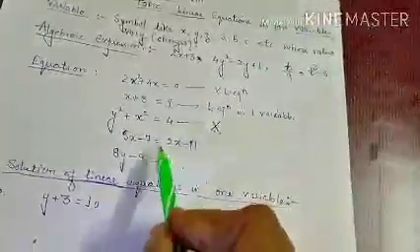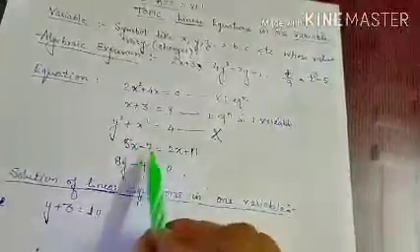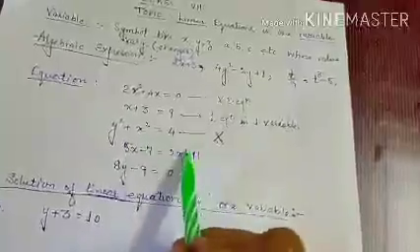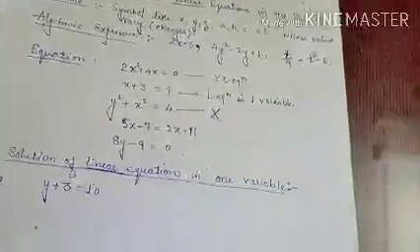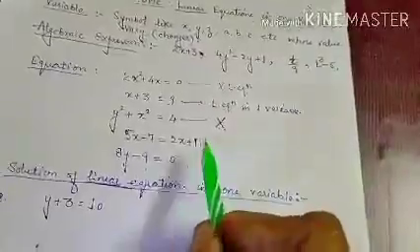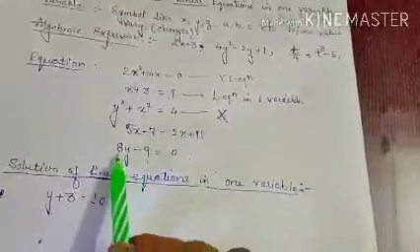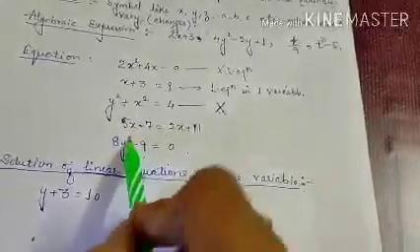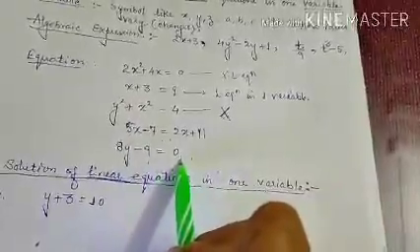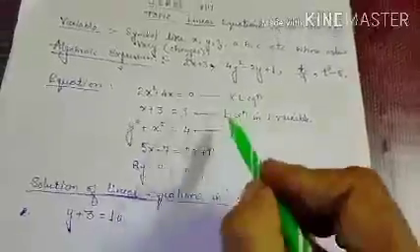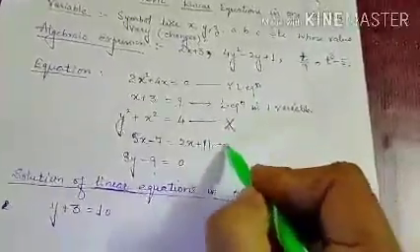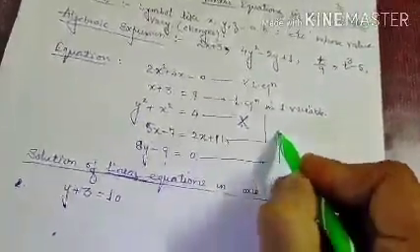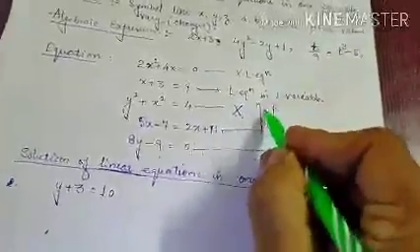The fourth one also has a single variable and the highest power of the variable is also 1. So it is called a linear equation in one variable. In the last equation also the highest power of the variable is 1. So it is also a linear equation in one variable. So the second, fourth and fifth are the linear equations in one variable.